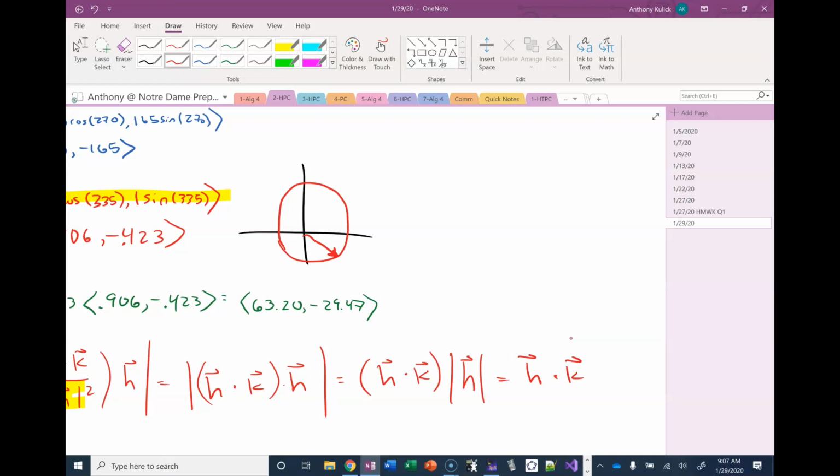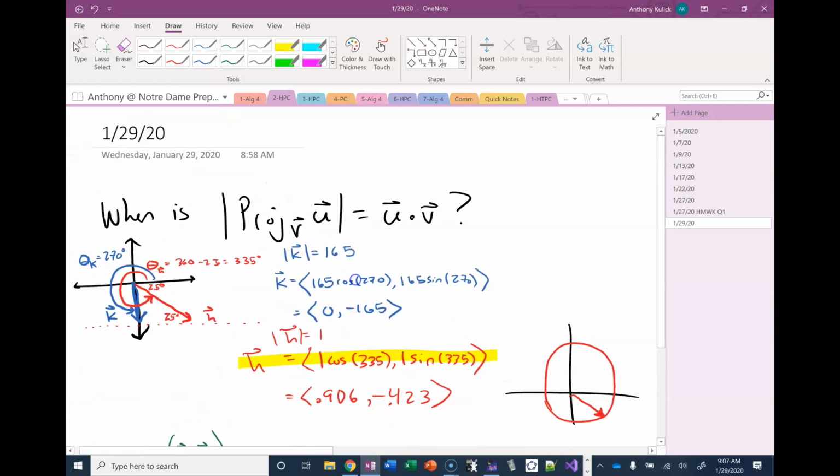Not in every case will the constraints be such that you can just pick the length for that vector you're projecting onto. But when you can, pick 1, because look at the huge shortcut we get out of this. So the answer to this question is